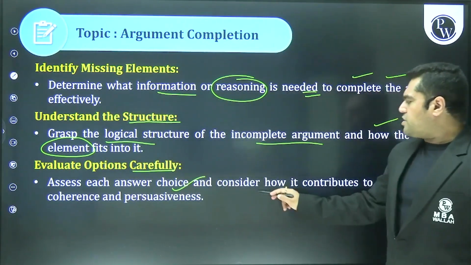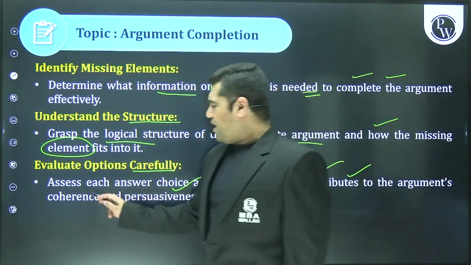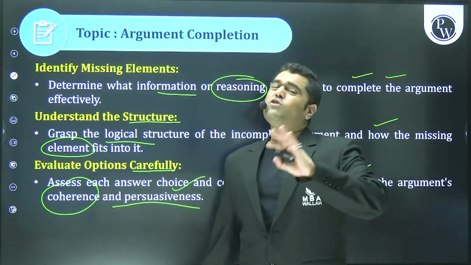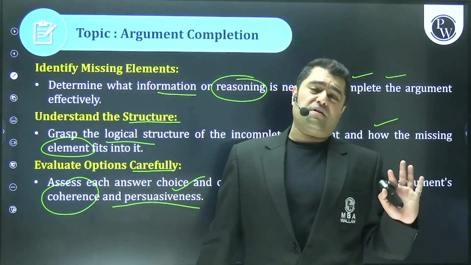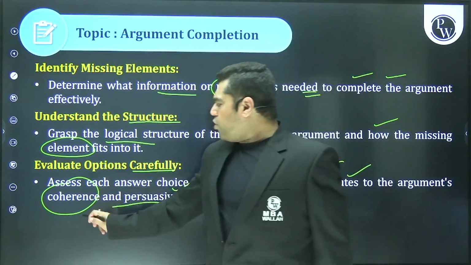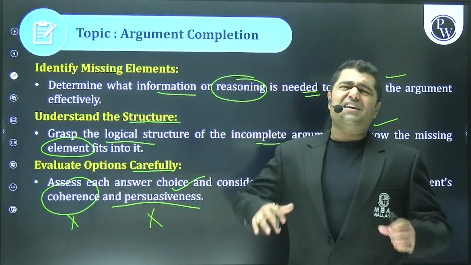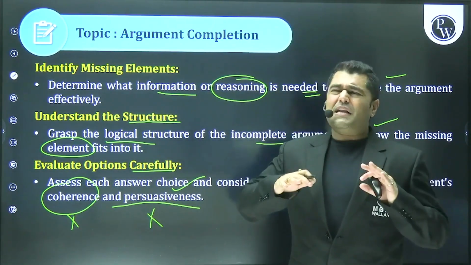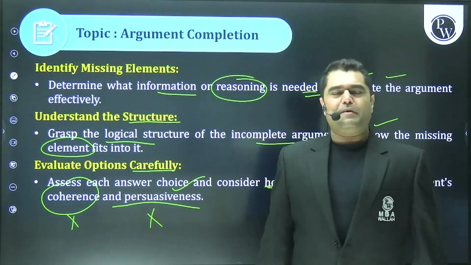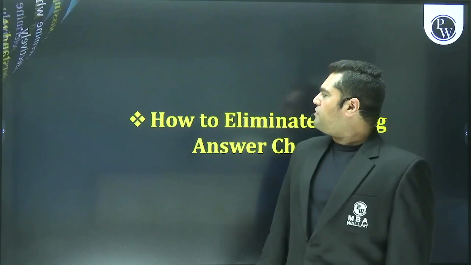Assess each answer choice, consider how it best contributes to the argument. Once again repetition, coherence and persuasiveness. So why is Amit sir giving you this putter? Because it's full putter. Because it will help you eliminate answer choices. अगर वो coherent illogical लग रहा है, निकालो. If it's not convincing enough, you are like, sir, it's okay. मतलब अच्छा लग रहा है. No, it should only complete it powerfully. That will be the best thing ever. ठीक है? That's the beauty of GMAT, I guess. चलो, so people, we are good.